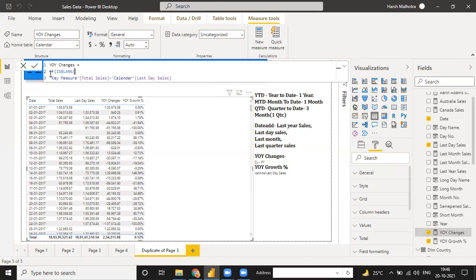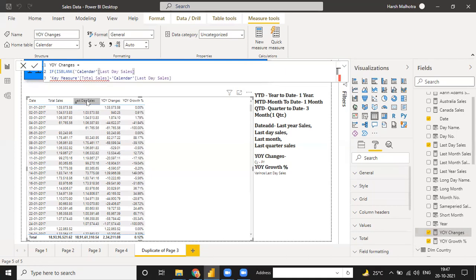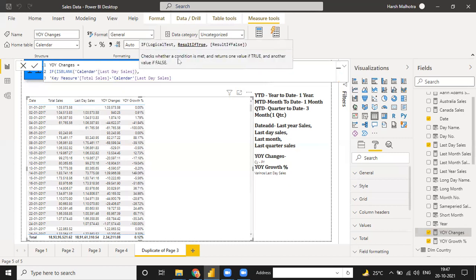If the last day sales value is blank, then we need the result as a blank value. If in this column any value is blank, then we need the same in YOY as a blank. Otherwise, we need the same data.